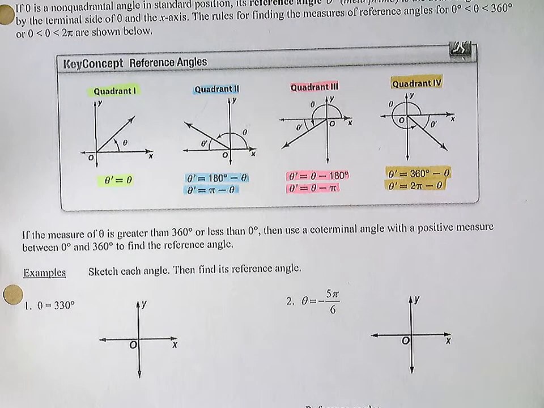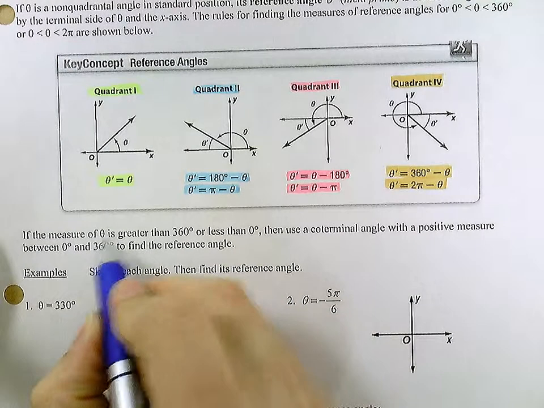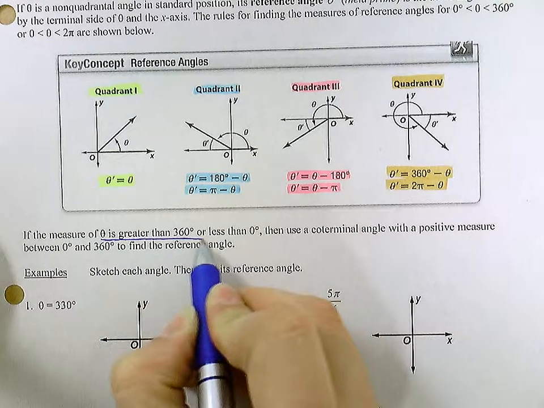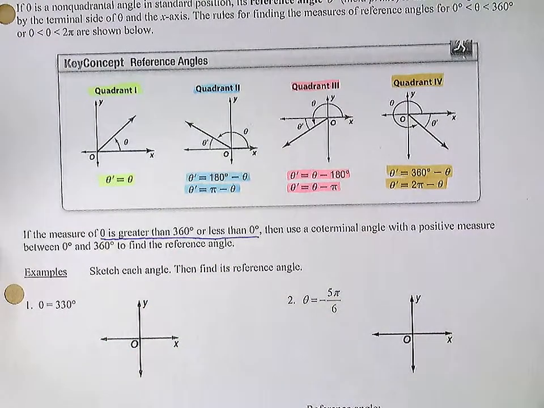So you are going to need to know where your original theta angle is and in which quadrant so that you can find that reference angle using those formulas I highlighted. Now, if the measure of theta is greater than 360 degrees or less than 0, so if it is 400 degrees, that's greater than 360. If it's less than 0, that would be like negative 10 degrees. So if you have a negative,